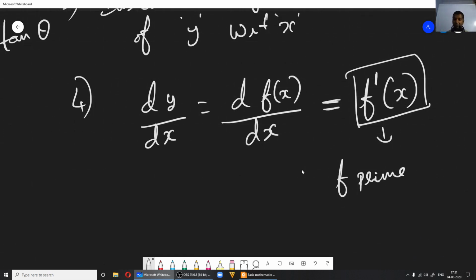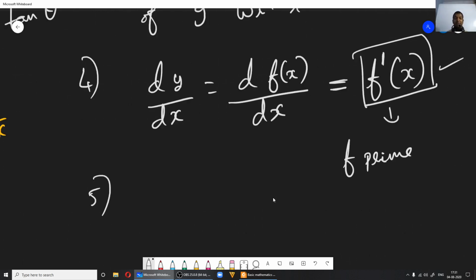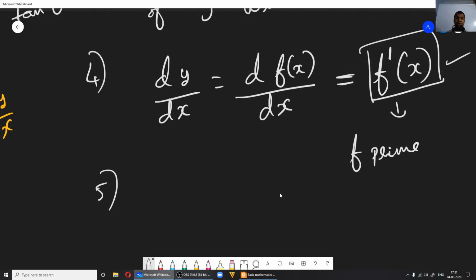Now dy by dx, we'll also define it by using this, right? Now f dash of x or f prime of x also means differentiation of the function with respect to x. Right. Now, derivative is done, and one more way how we define this dy by dx is that we'll